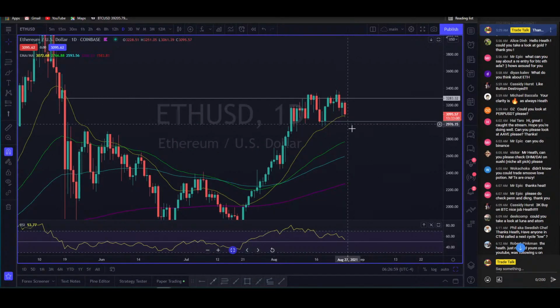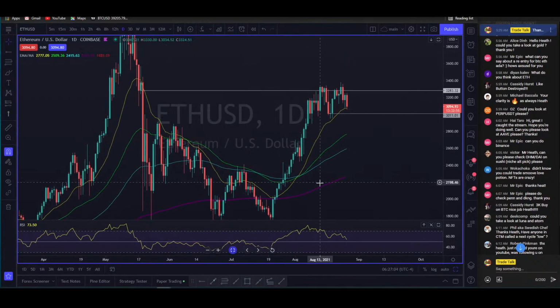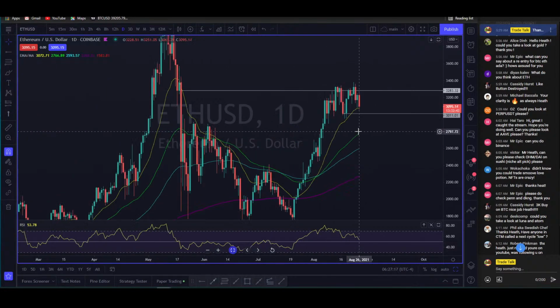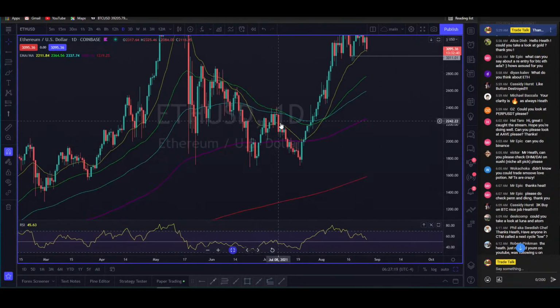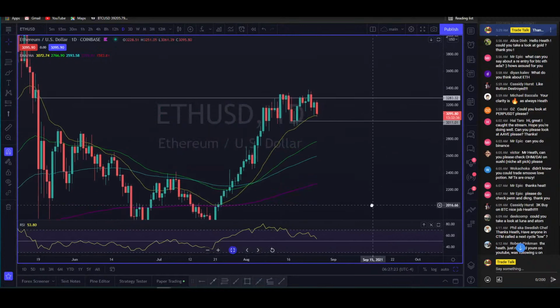And you're testing your 21 right now. You see how this thing is above all the moving averages? All the moving averages are below it. So that looks good, especially when you was down here. Traded all the way back up there. Didn't get a golden cross on it because the 200 never got close enough to the 50 to cross it. So it's all good. It looks okay.